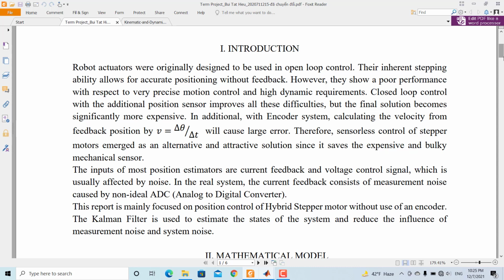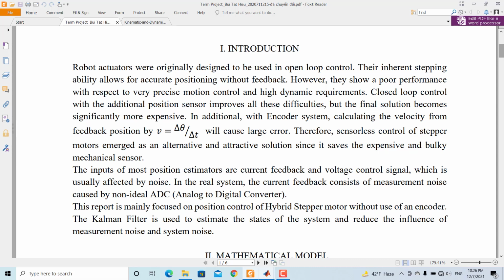Closed-loop control with an additional position sensor improves on their difficulties, but the final solution becomes significantly more expensive. In addition, with an encoder system, calculating the velocity from feedback positions by differentiation will cause a large